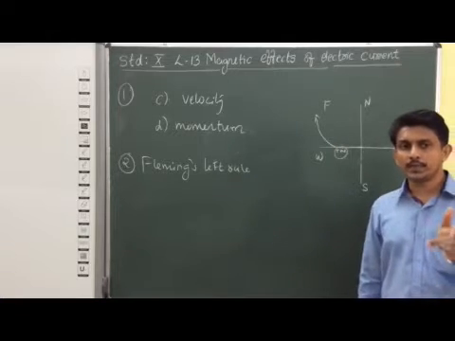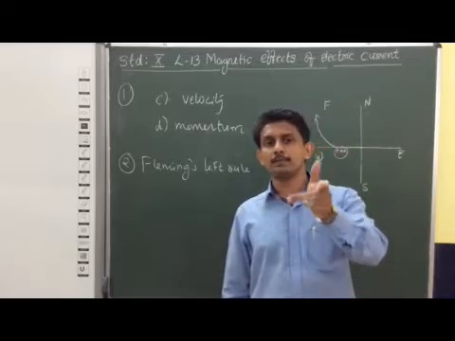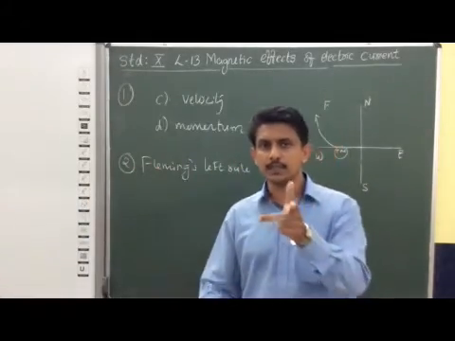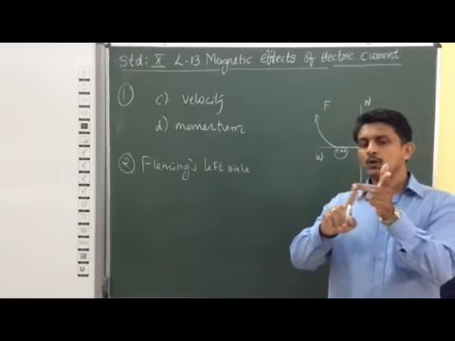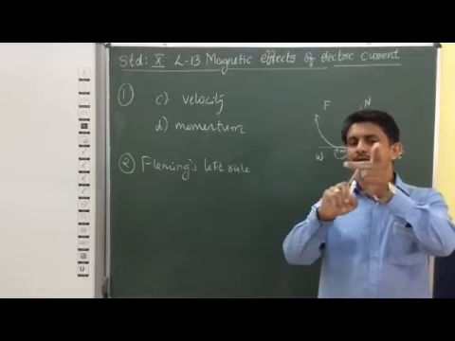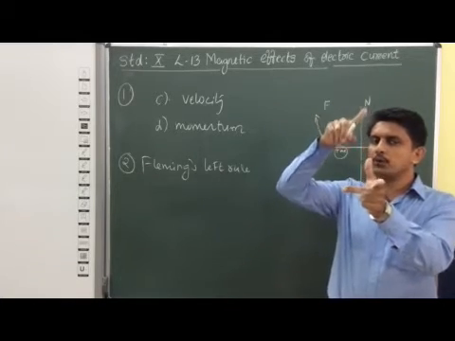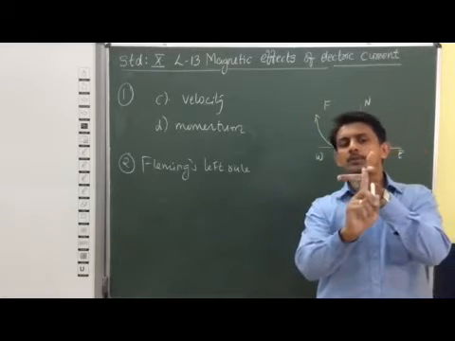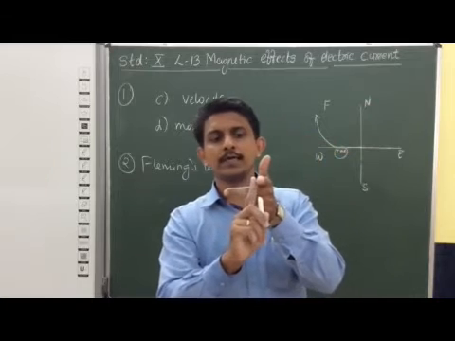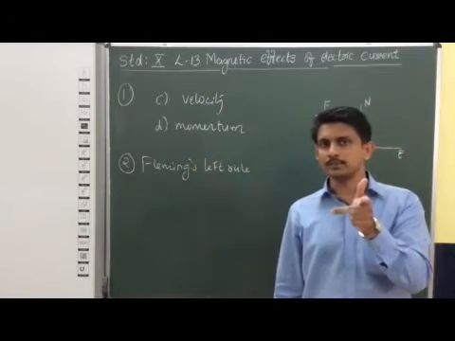The charged particle is projected towards north, so the force is experienced in the upward direction. You can see that. The positively charged particle is moving towards the west, so the direction of current is along this direction, and the force is experienced in the upward direction towards the north. So you can observe the direction of the magnetic field. The forefinger represents the direction of the magnetic field, so that is in the outward direction.